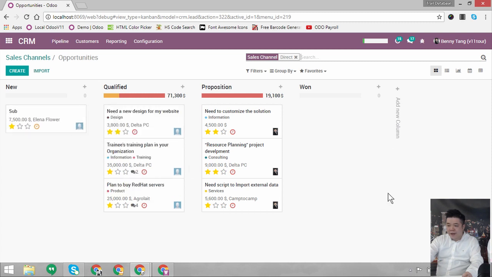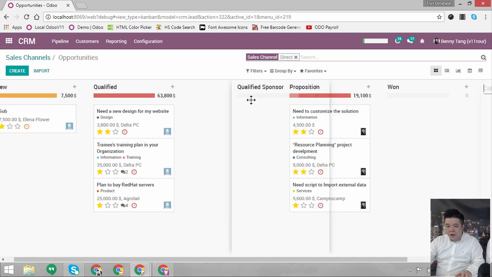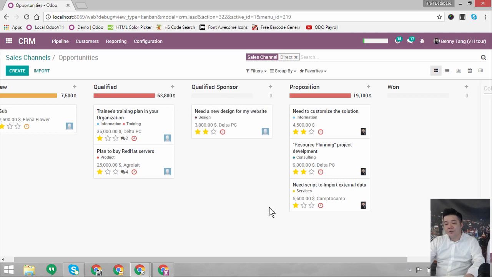Let me just drag this back. Because we know that every company's sales process is a little bit different, you can tailor-make each sales channel with a different sales procedure accordingly. Maybe I'll add one more stage called qualified sponsor, after the qualified stage. That means maybe I wanted to have one more stage where I have already contacted the decision maker or the owner of the business, and if I have, then I can drag it to